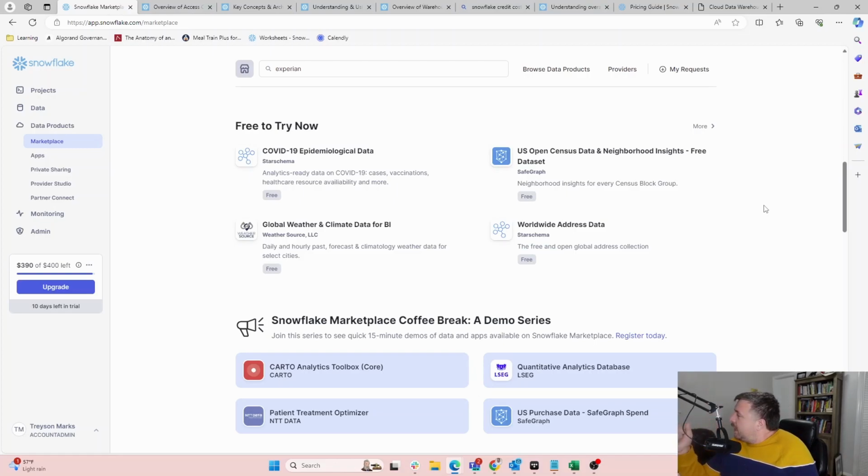And then beyond that, an important note is that let's say I did buy an Experian data set, and if it's the first time, then I have to do all the steps I just talked about, but then I also have to teach people how to use it. So there's this huge learning curve with something like Experian. That isn't to detract anybody from using it, but these are the realities of getting into a data set like that.